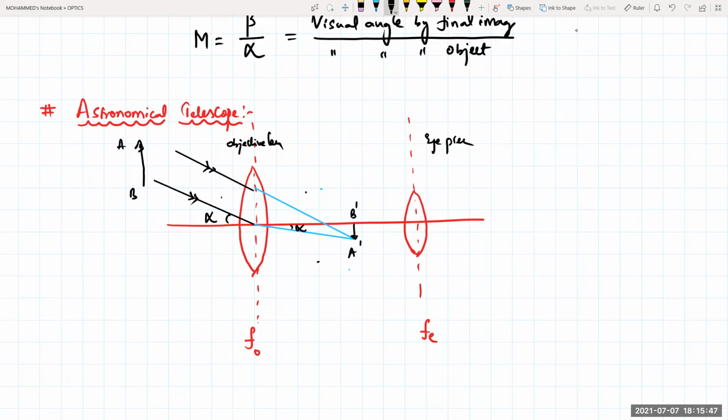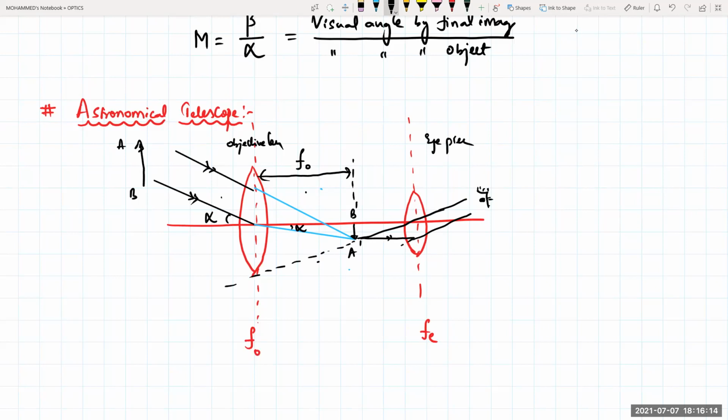Okay. So when the rays are meeting, the distance from here to here will become the focal length of your objective. Now the rays of light from this one will be incident onto this one like this, beta. Another ray of light will pass through the center like this. If somewhere is my eye right now here, and I'm seeing this one, this will be extended in the backward direction.